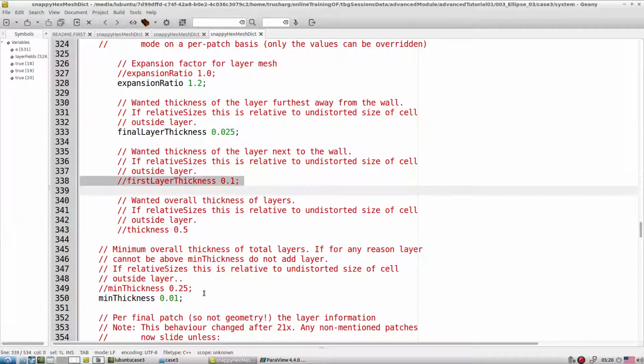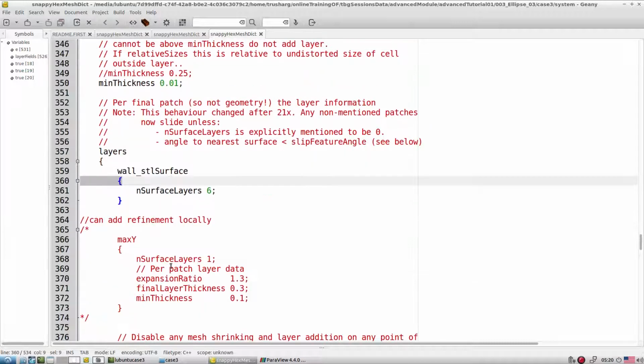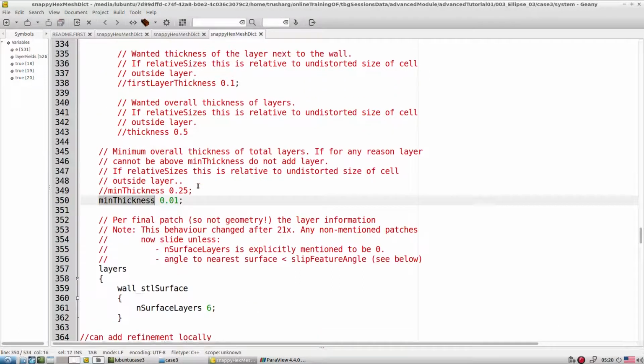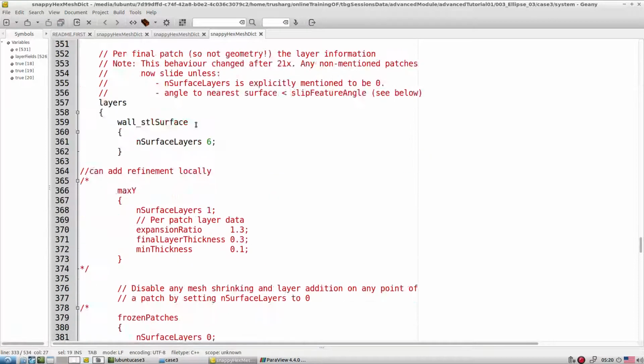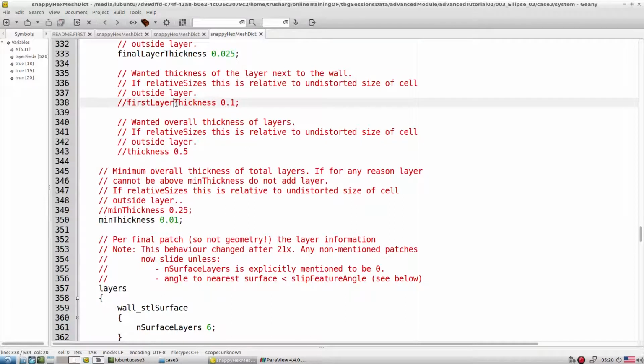Okay, and it is going to work. Then number of layers. If you have multiple surfaces, then for each surface you can change the layers, expansion ratio and all this entry. But let's say here you activate minimum thickness and final layer and expansion ratio, the same entry you can tune here. You cannot then go with the first layer thickness.